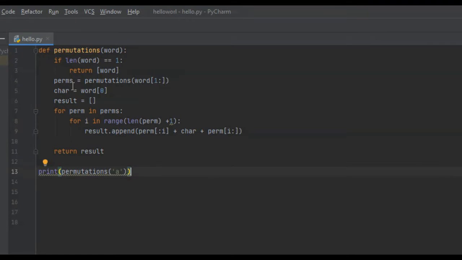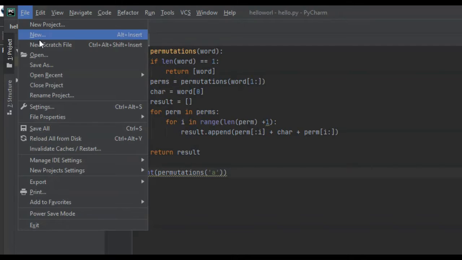In this video, I want to show you guys how to create a function that will return all possible permutations of any given string. And for those of you that don't know what a permutation is, essentially what this function is going to do is it's going to return all possible arrangements of any string that we give to this function as input. So for example, if we have the string A and we save this